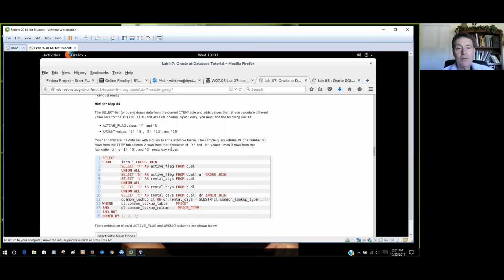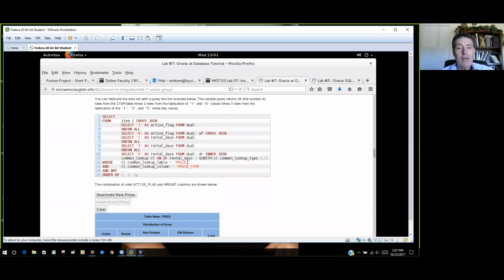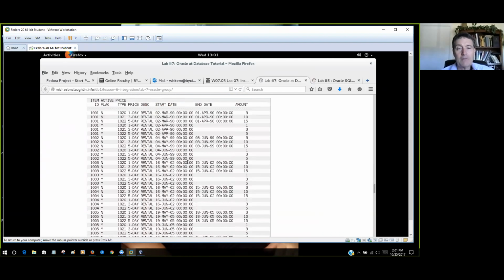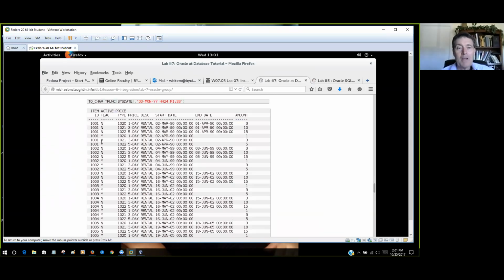These 2 conditions and these 3 conditions. And so let's look at that one more time, just so you have that firmly in your head here. Okay, so we've got active flag yes and no, and then for yes and for no, we have 3 conditions, 1, 3, and 5 day rental. So, 3 times 2 is 6. So we have 6